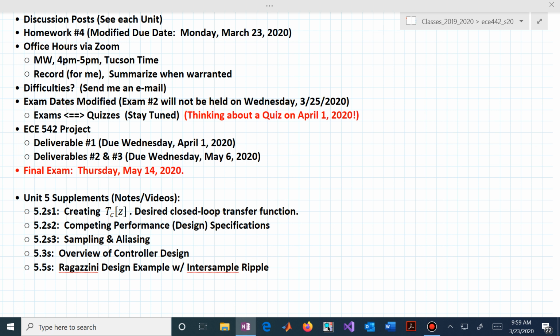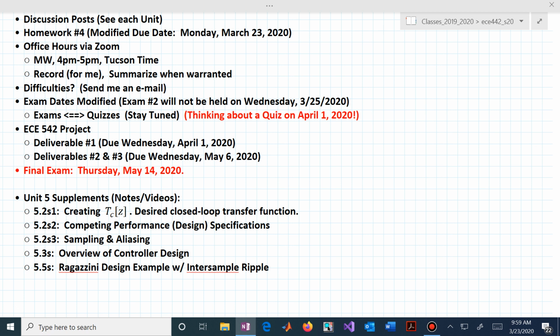What's this relationship between sampling and aliasing? Then there's an overview of controller design. What do we really want? What are we trying to accomplish when we say we're going to design a controller? And then basically at the end of this unit, after lecture 5, in unit 5's lectures, we'll deal with Ragazzini design and some of the subsequent lectures.